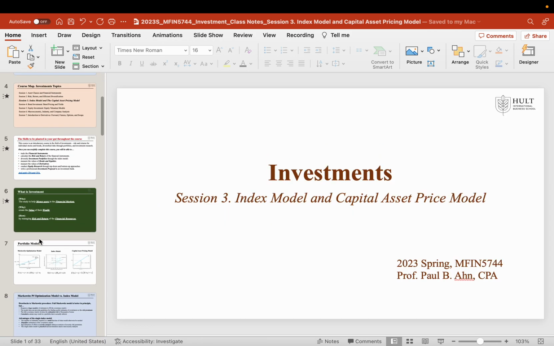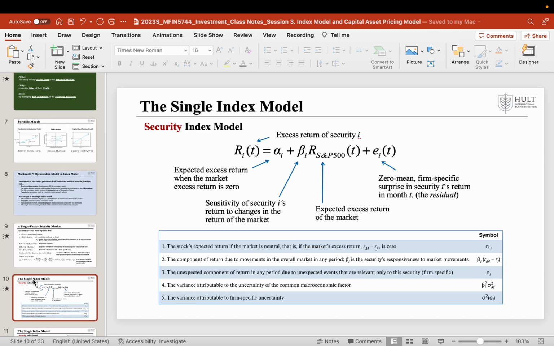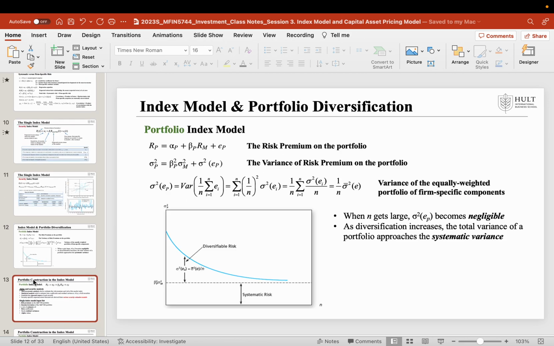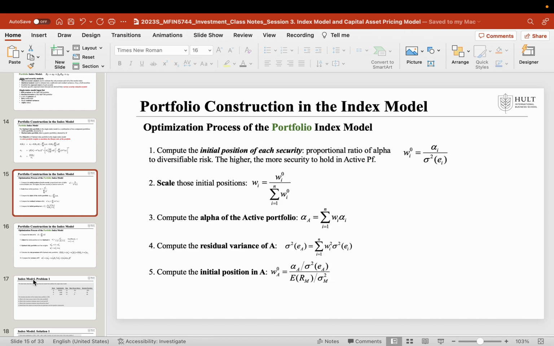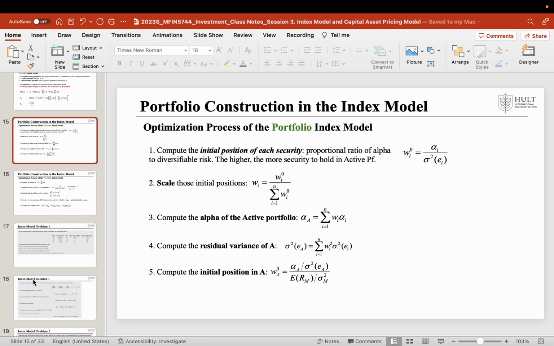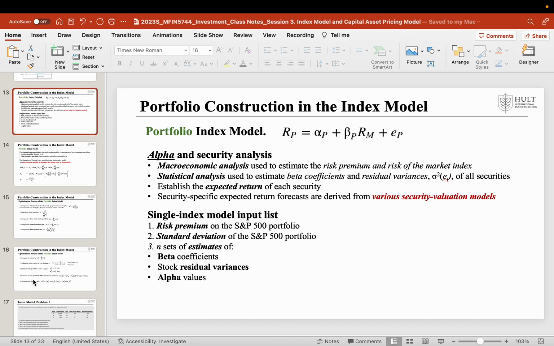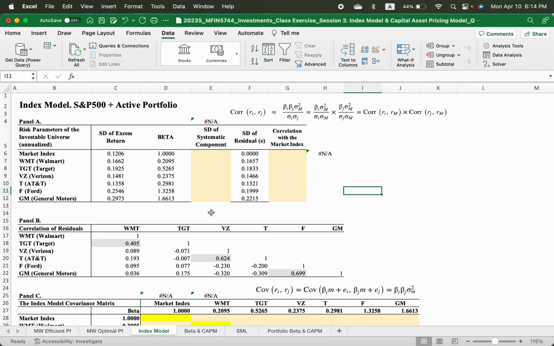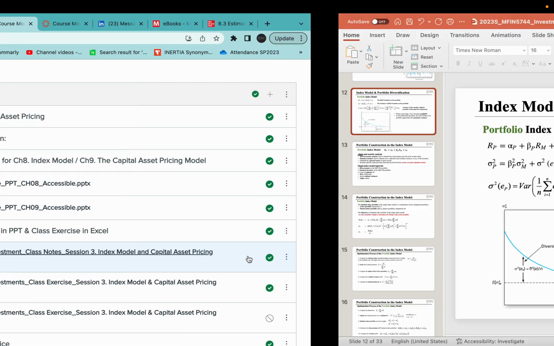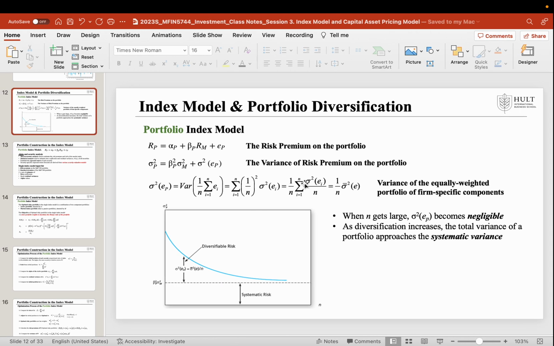class notes and understand all these equations and the flow of this single index model and the portfolio model with the construction in the index. You must understand all these equations first and come back to this exercise. Otherwise, this exercise is useless. Or you can read the textbook,